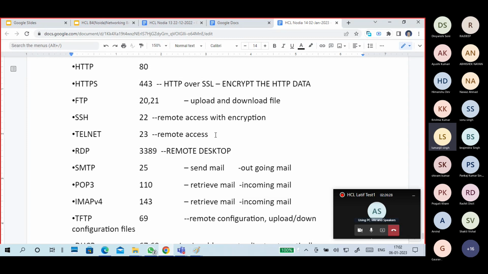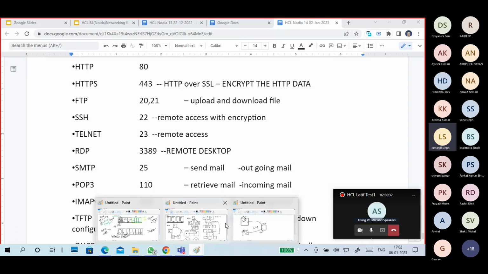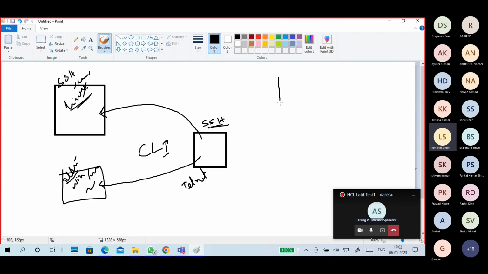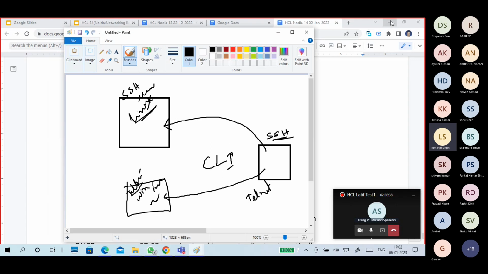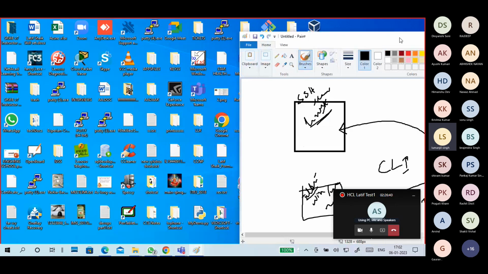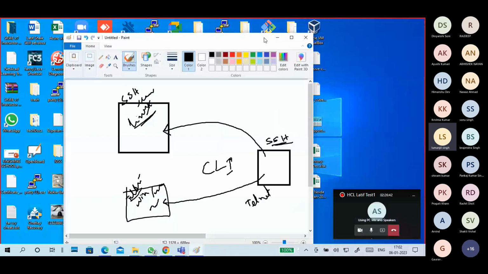RDP is also for remote access purposes only but not CLI based. It will access the entire desktop environment. If you see, this is my desktop environment, right? This entire desktop we are able to access through